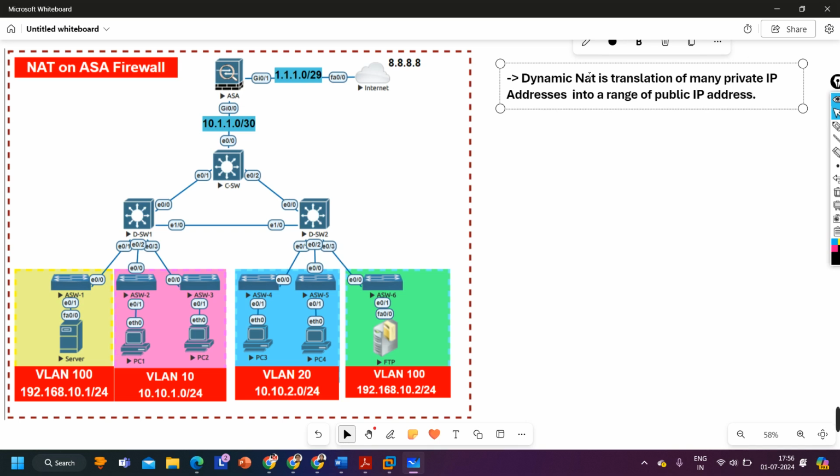What I am saying, dynamic NAT is a translation of many private IP addresses into a range of public IP addresses. Means, let's say in your network